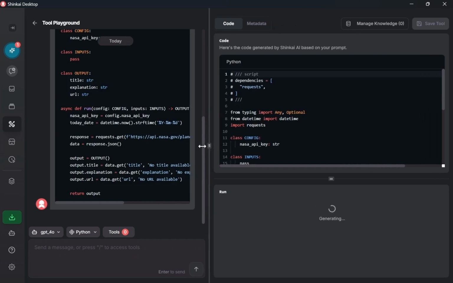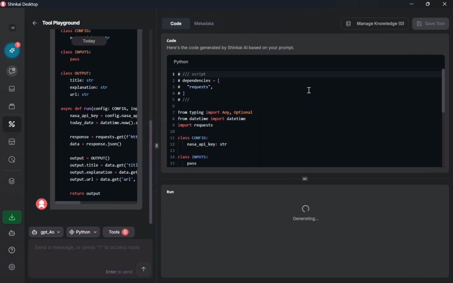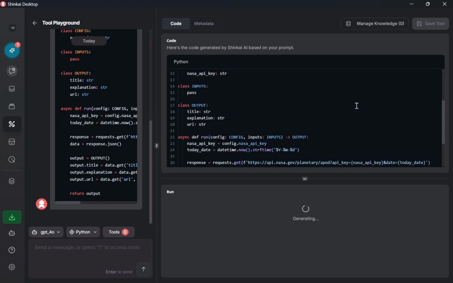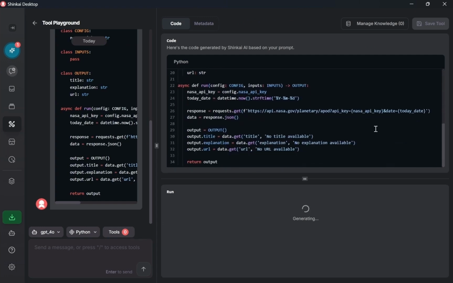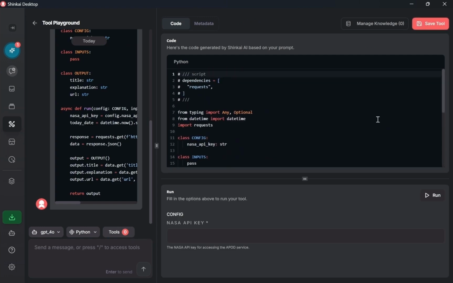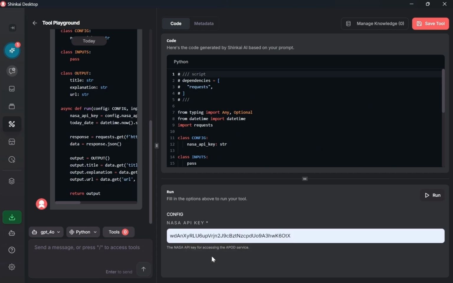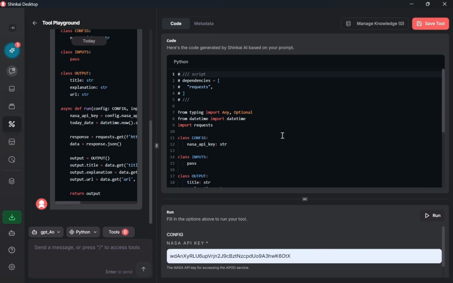Okay, that was quick. So here we have the tool code that was made by ChatGPT with everything that Shinkai does in the background. So let's see if it makes sense. It created a config field where I can add my NASA API key. So that's good. And here, with everything that Shinkai does in the background, we can see that ChatGPT was